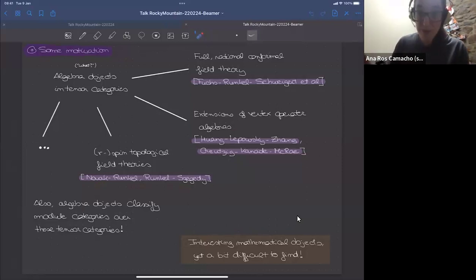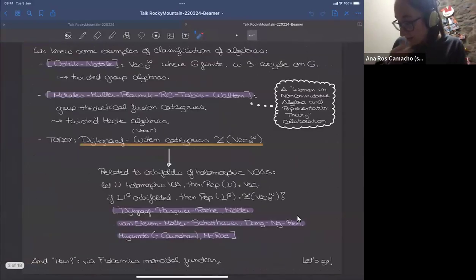But if you just care about them on the purely mathematical side, these algebra objects also classify module categories over these tensor categories. So together, these seem like a very interesting topic. So why not, let's have a look at these guys. The problem is that they are slightly difficult to find and classify, which makes it more of an interesting problem. Of course, when we have classifications of algebras in different kinds of tensor categories, I will focus